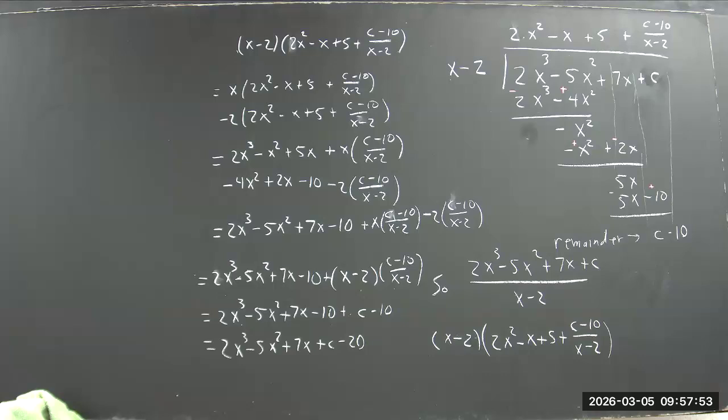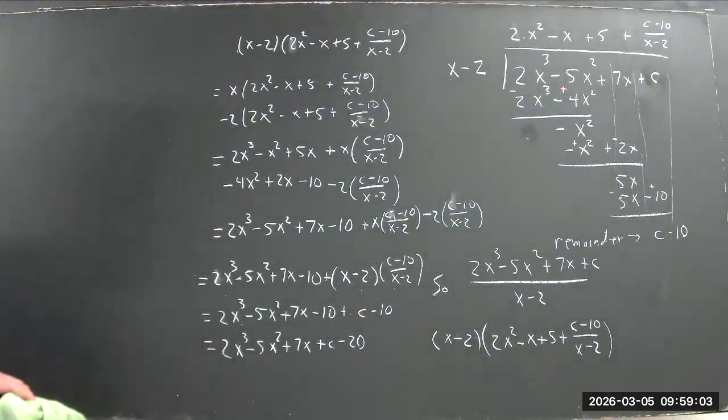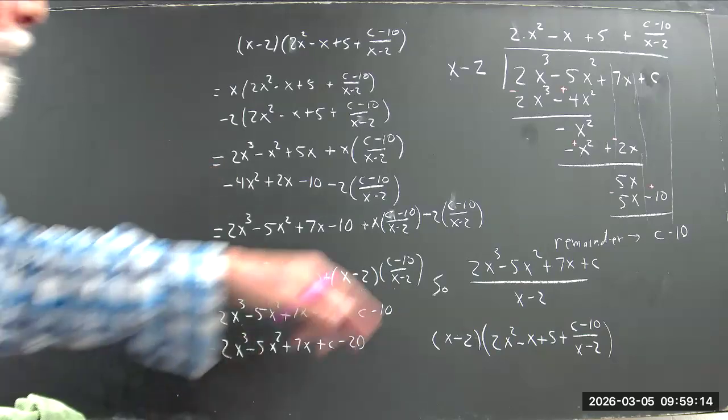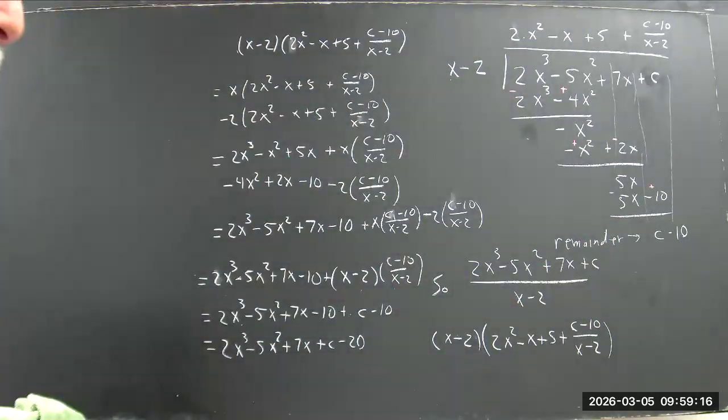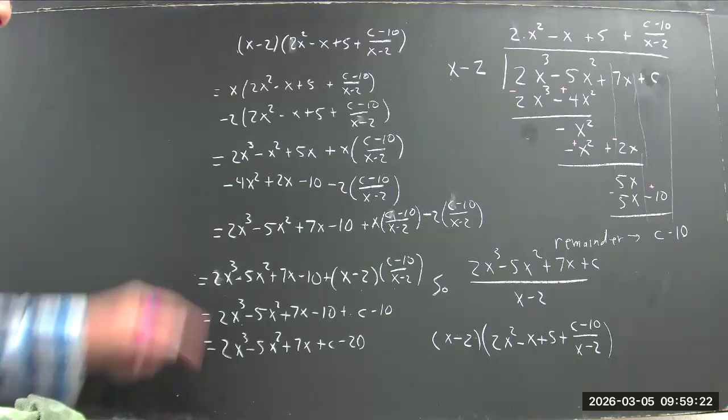Now, I think I've got an error, so I'm going to pause for a second and see if I can locate and correct that error. You can locate my error. It's going to be a very easy error to fix, but can you locate the error? Stop and think about it for a minute. Look at everything I've done, starting with the long division, and then the steps I've made in multiplying the divisor by the quotient. Okay, well, the error I made, see how I got this little plus sign